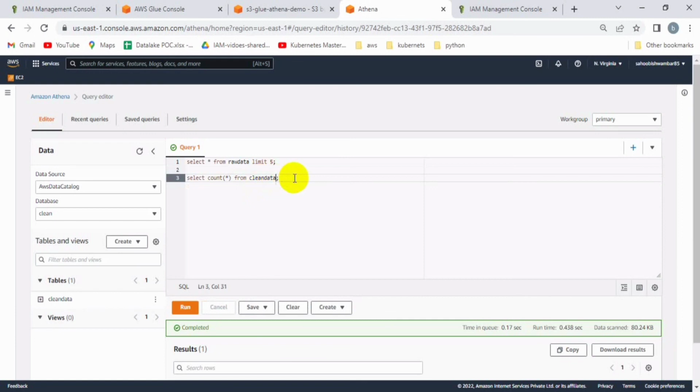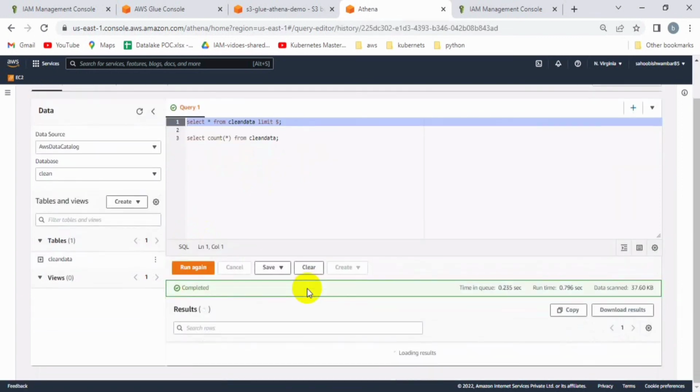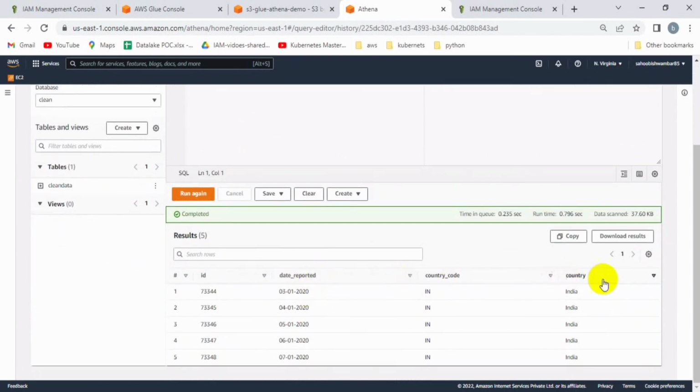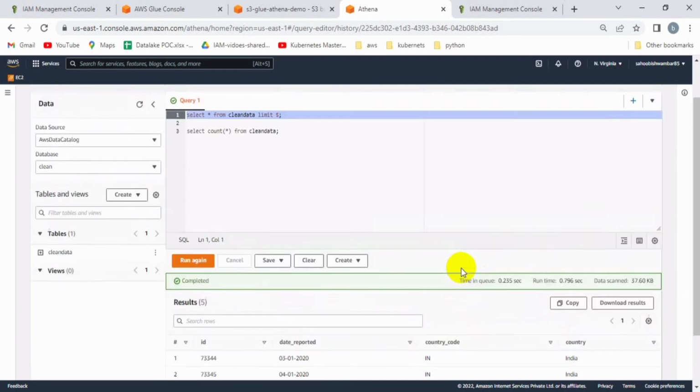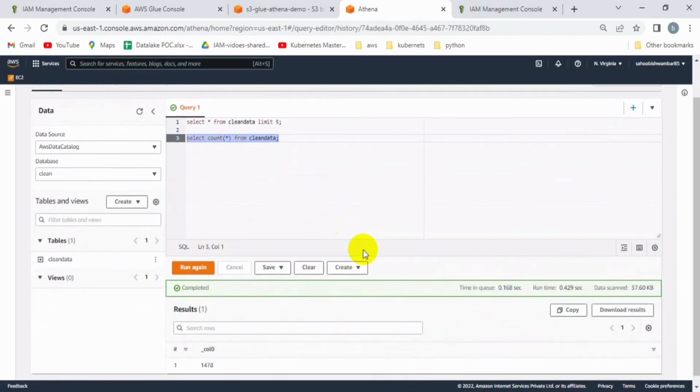See, earlier there were around 1478 records inside the table. So let's check here. You can see only the four columns are showing here, because the rest of the columns we have already removed, as they are not required for the business requirement. So we have already cleaned that. And let's count the records from the table. Yeah, you can see 1478 rows are present. So the data count is the same as compared to the raw